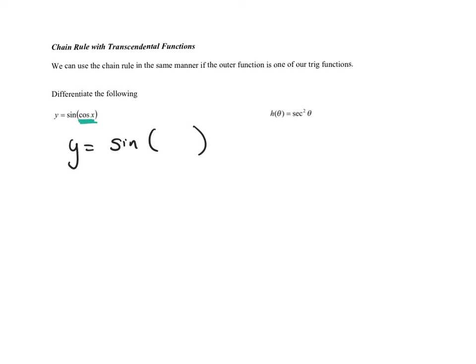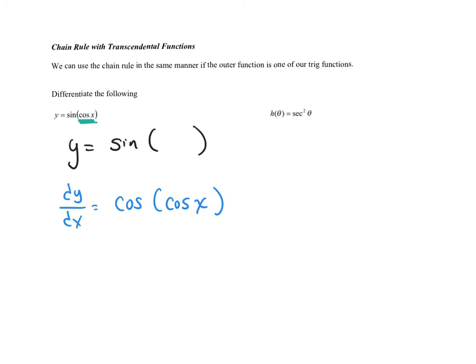So if I think of what my function is, it's y equals sine of some other function. So to find the derivative of this, the derivative of sine, remember, is cosine. So it's cosine of something. But remember, that inside doesn't change. It starts as cosine, it would still be cosine. So our derivative is cosine of cosine x